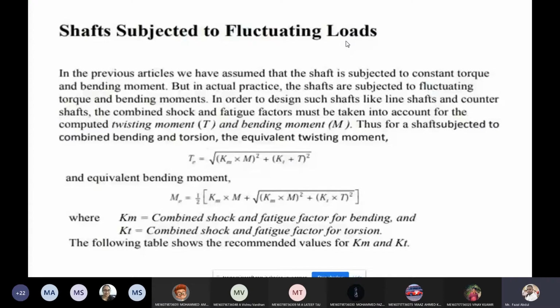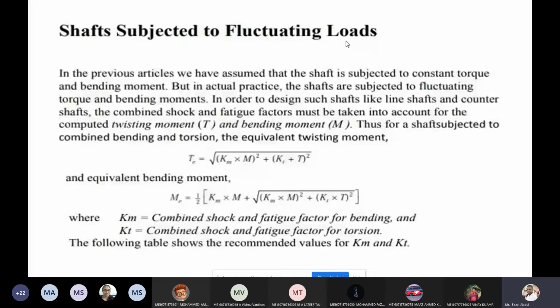But in these three cases, what is happening? Always the shaft is in a steady motion, meaning there is no disturbance in the shaft transmitting the power. But in actual practice, we cannot find this case. While the power is transmitting from the shaft to another device, the shaft is subjected to some fluctuating loads. If you see a four-wheeler moving on an uneven surface, our practical example of four-wheelers, a bus or car moving on a road, is nothing but an uneven surface.